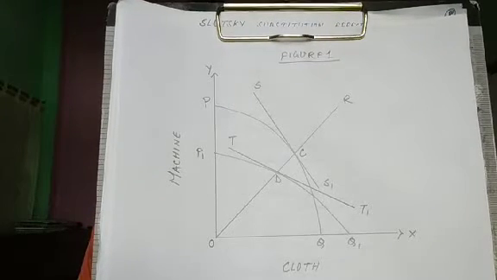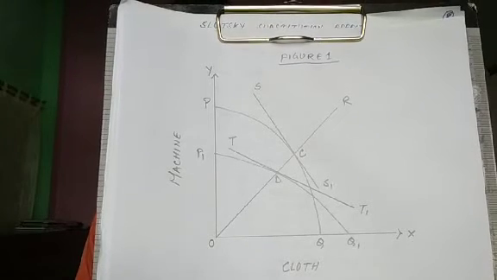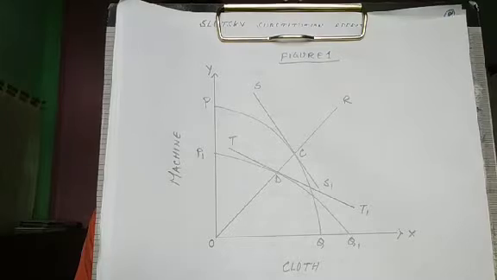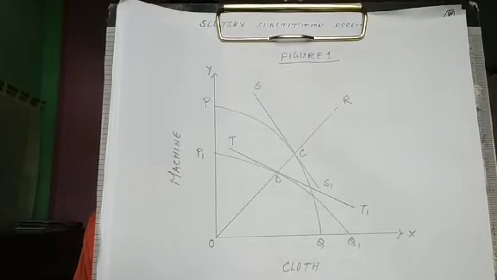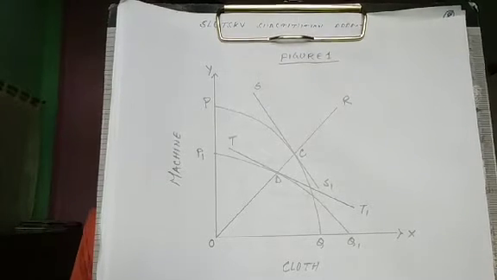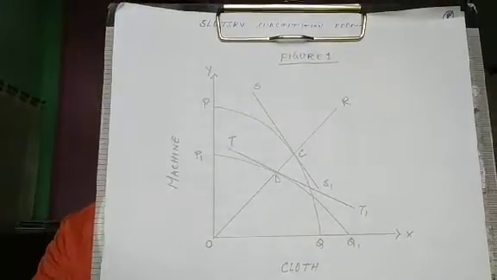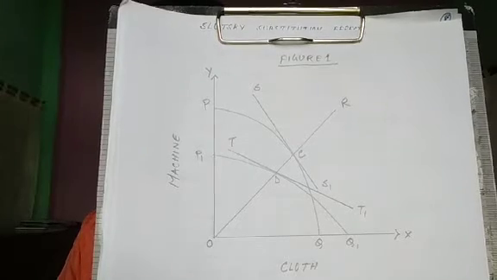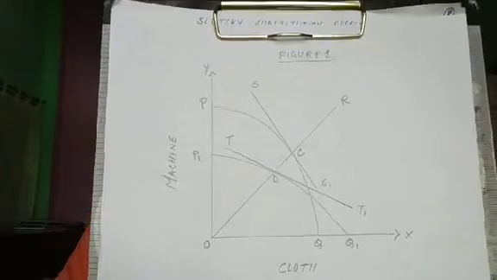If this generalization is to hold good, then one condition must be satisfied, and the condition is that the consumption pattern in both the countries A and B should be identical and the income elasticity of demand for each commodity must be equal to unity. So if this condition is satisfied, then we can only get this generalization explained by Heckscher and Ohlin.